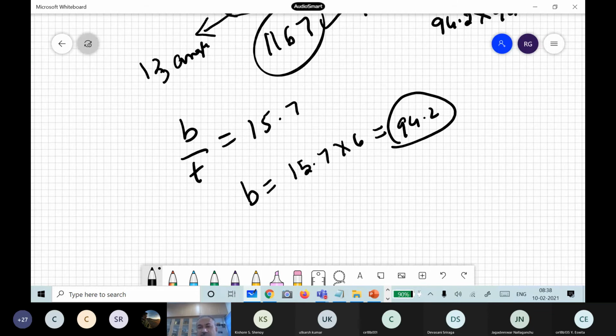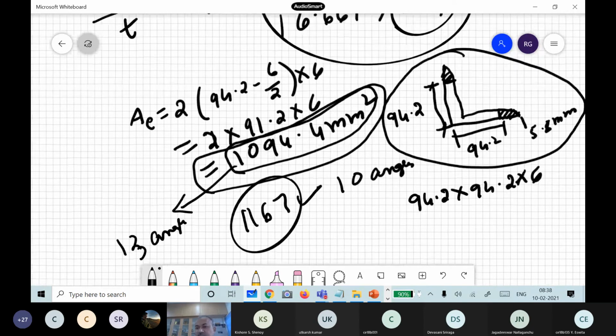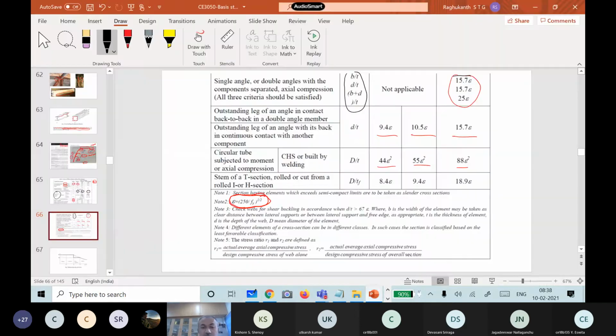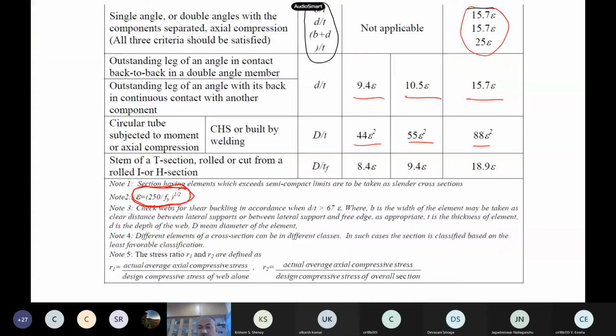If it is slender also we can convert, but you have to pay a price. So this portion of area is useless actually, although you may have a section there, you are not utilizing it in our design calculations. So this way you can classify a section and use it in the calculations. We will see this in great detail when it comes to compression members also. But all of you should know how to use these numbers.